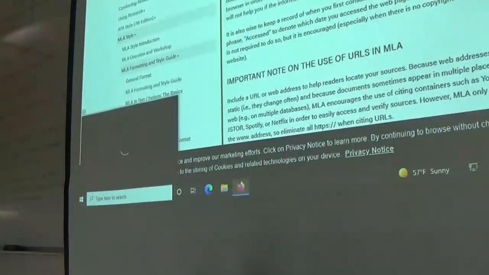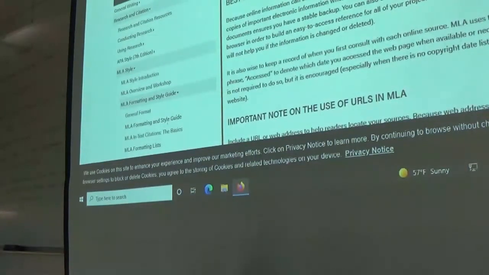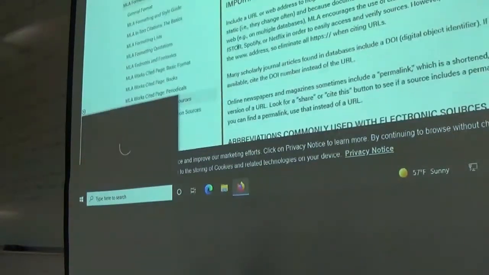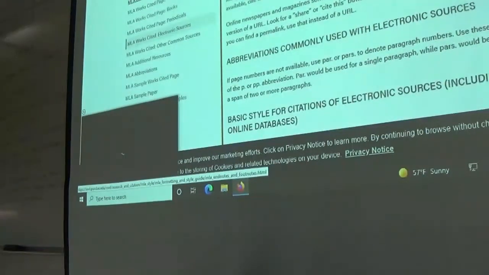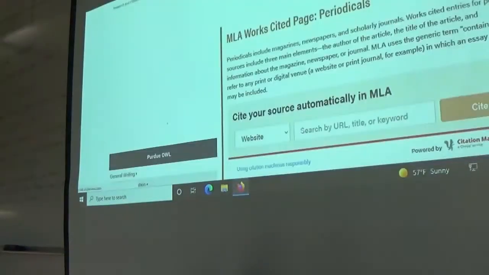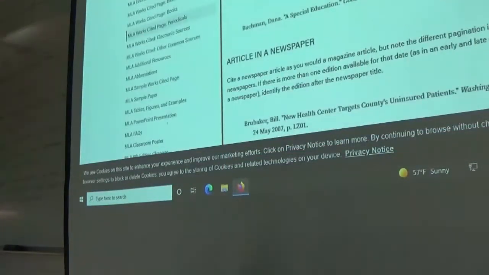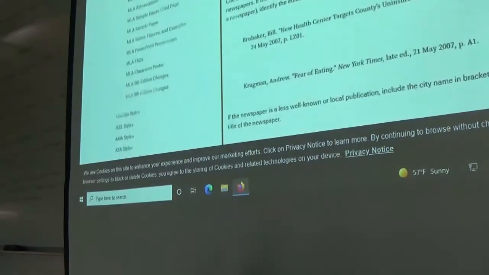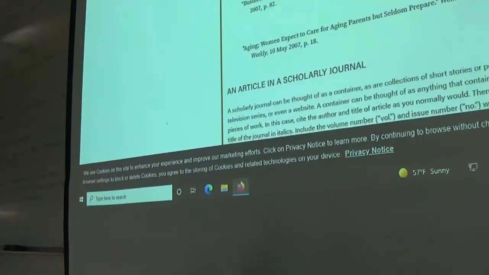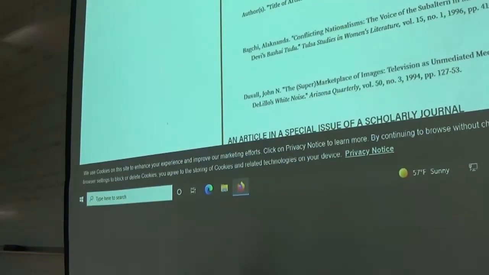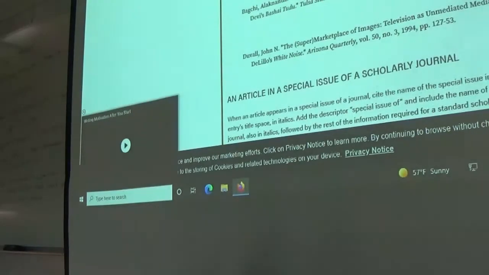Yeah. So this citation machine, I think this is actually an ad rather than something real. I've used the website and that's exactly what it looks like. So yeah, don't use that. Whatever you're trying to cite, you can find it. So if you're trying to cite a periodical, which is what most of your sources are going to be, then the information you need is going to be right here. So, article in a scholarly journal. This is what you're going to want, right? And this is the basic format.